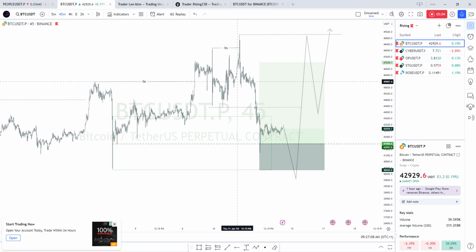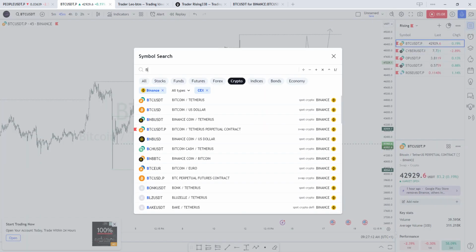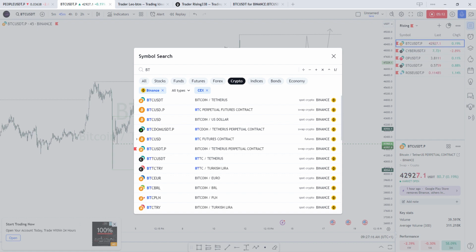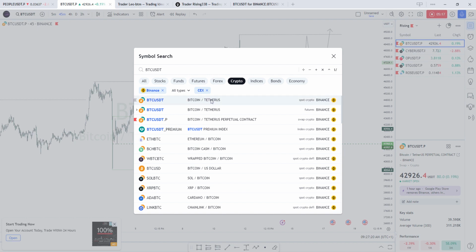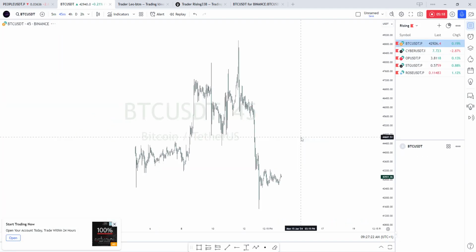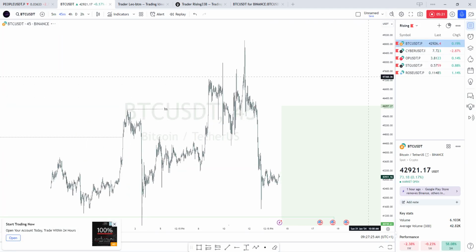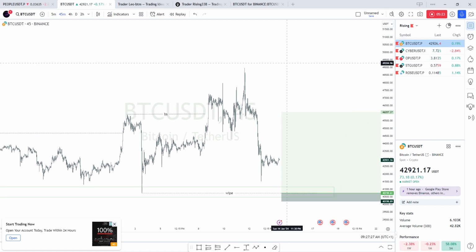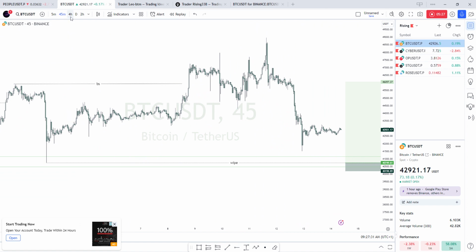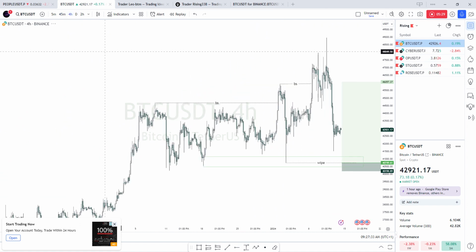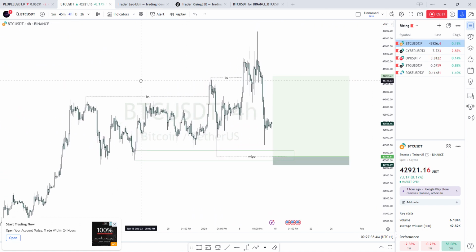This new analysis, I used a different chart to analyze it because I didn't want to delete all the history I have in BTCUSDT. So if you look at this now, you will see that I'm making this analysis based on 4 hours time frame. And based on the 4 hours,